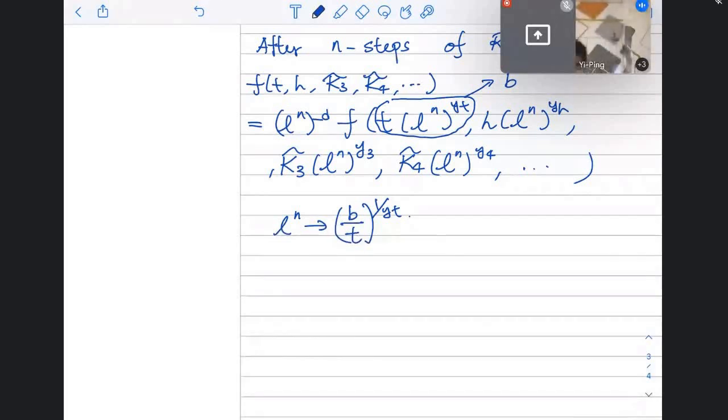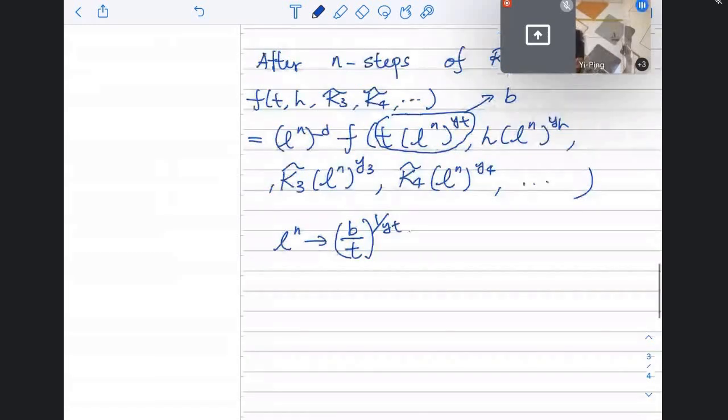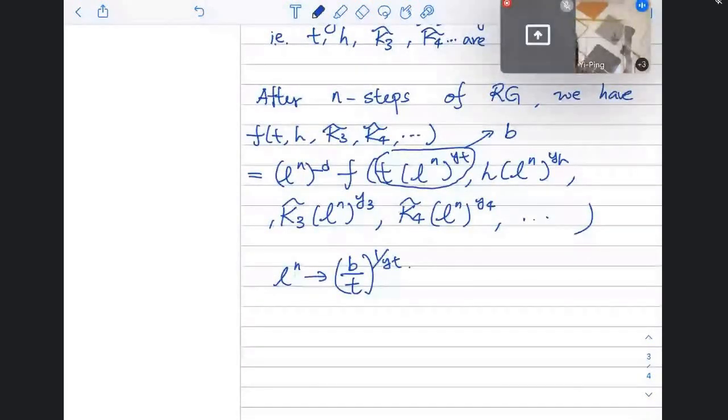Okay, so we will continue our calculation. As usual, we will take the relevant direction, for example t, and try to use that to find a suitably large number of order 1, basically b, such that the calculation is more or less controlled because the fluctuation is small. And by choosing that value of b, basically what we are choosing is the behavior of the